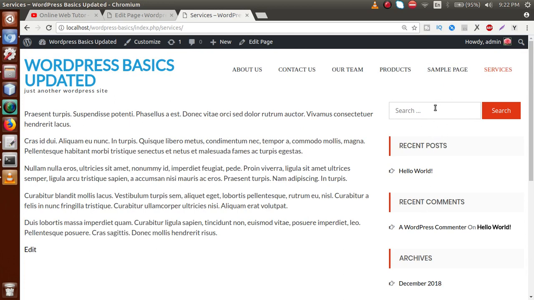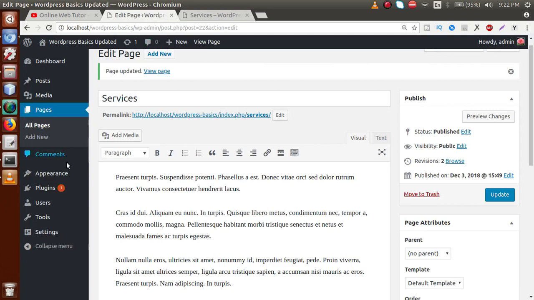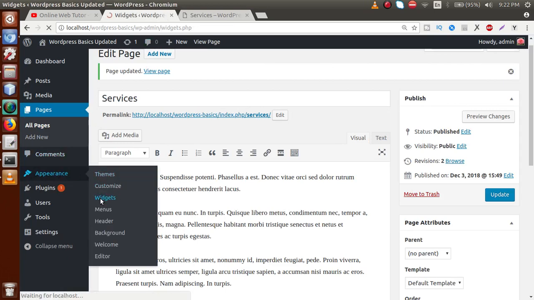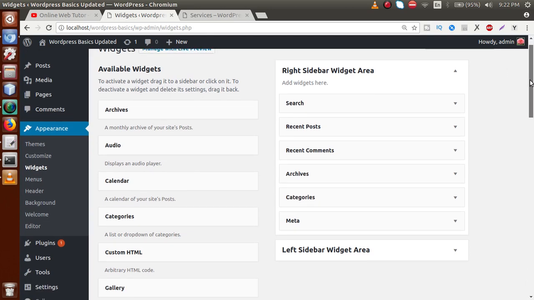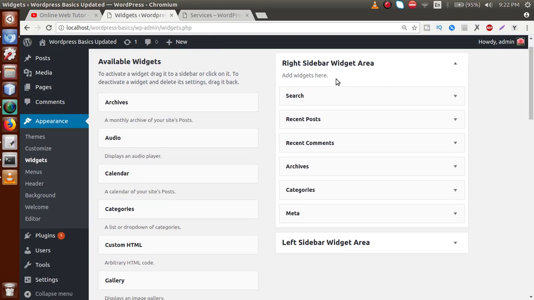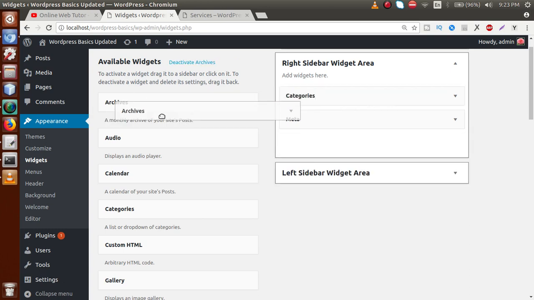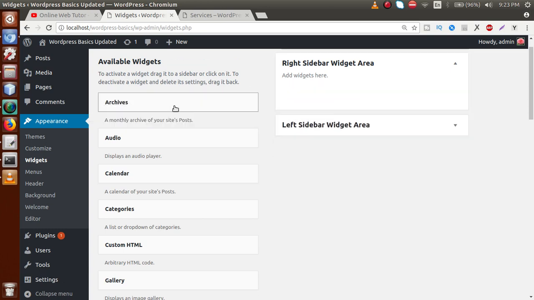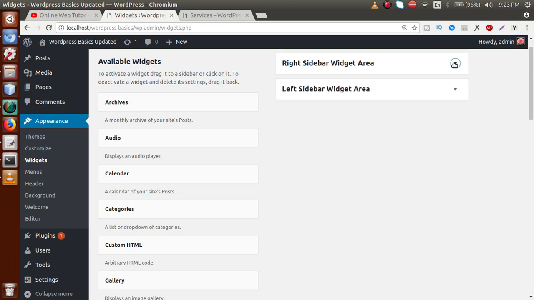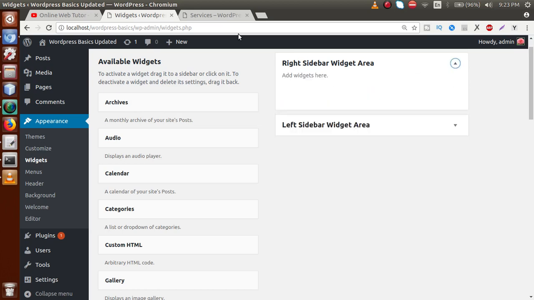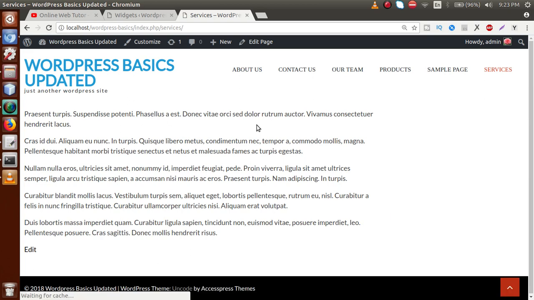Okay, from the right sidebar. So just back to the administrator panel, click on Appearance, go to the widget section, and now inside this widget section guys, as we can see, there is a right sidebar widget area, which is a feature of the theme that we have currently activated. Okay, so we just drag and drop here, drag and drop. This means that we are removing the widgets from our right sidebar area. Okay, so basically we have emptied our right sidebar section. Okay, so just back to the front end section, reload this page, and now all the widgets have been successfully removed